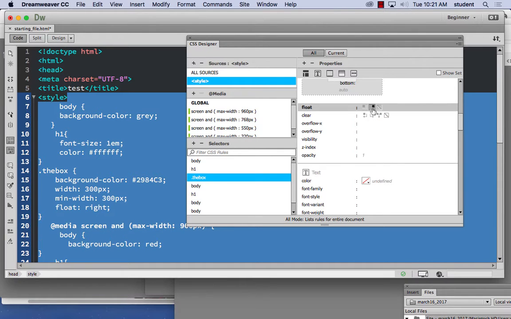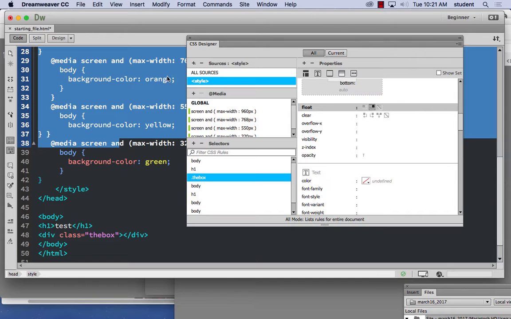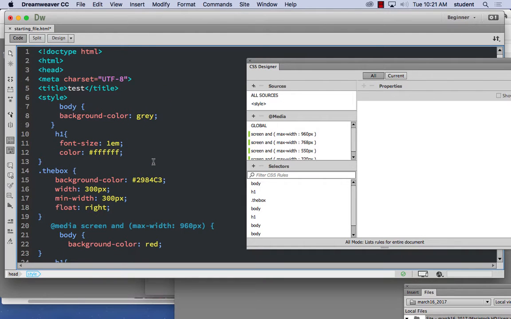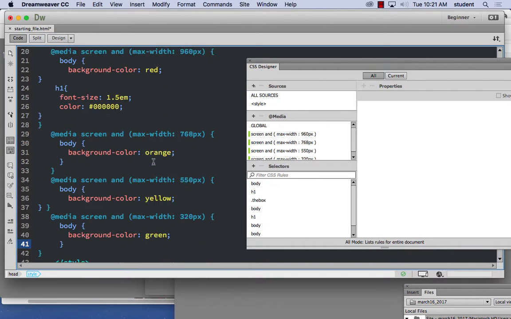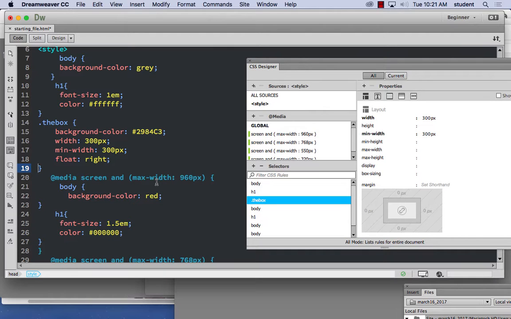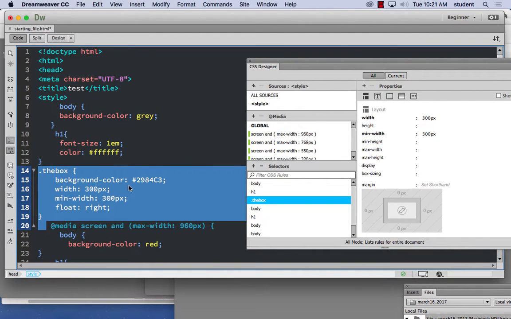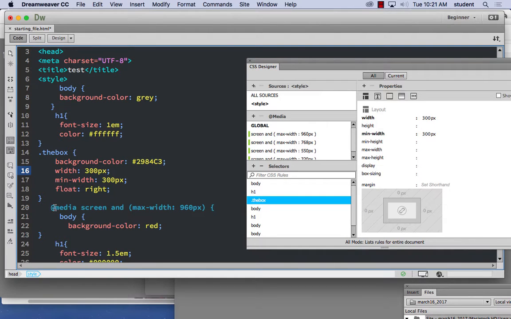I'm not sure which media query I had selected when I did that. Oh, here it is. No, it's in the right spot. So again, the box is here. Notice it's above this screen media query right here, so it's above it. And since it's above and at the very beginning, if I test my page now,